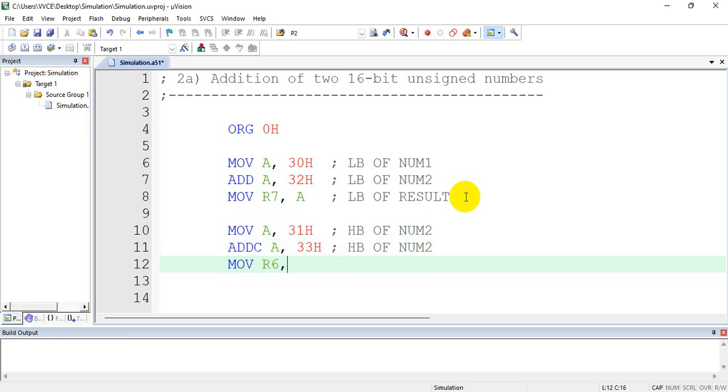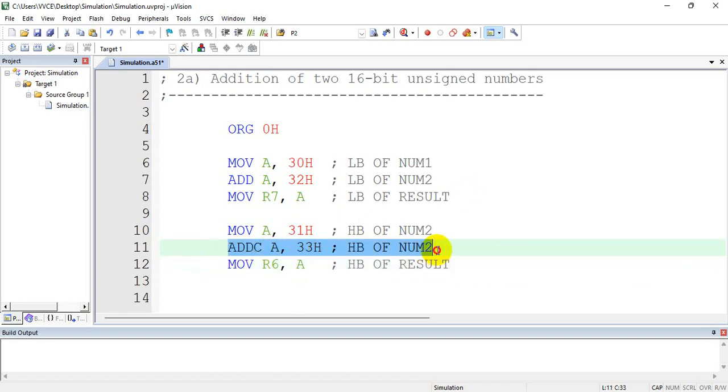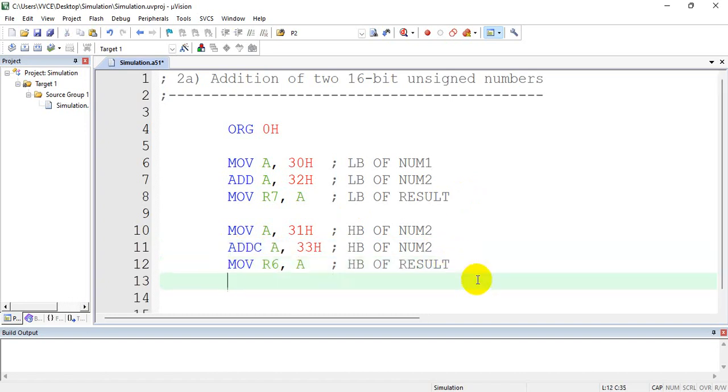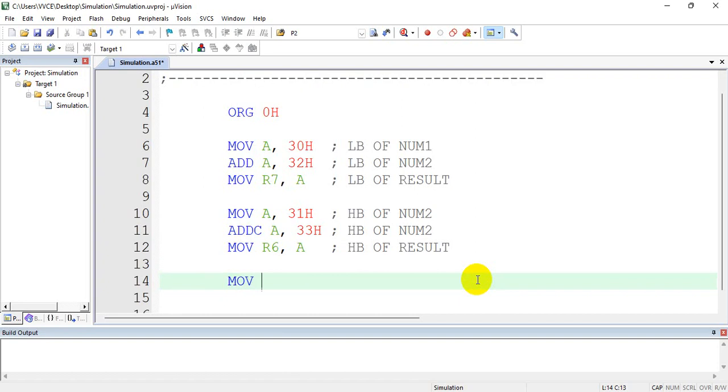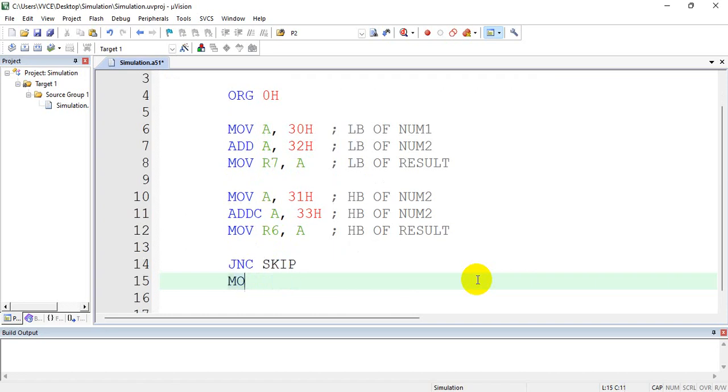This I will store in R6, MOV R6 comma A. So this is the higher byte of the result. This addition might also have created a carry, so for that I will say jump on no carry. If there is no carry, I am not supposed to do anything, just skip it. But if there is a carry, I have to move 1. MOV R5 comma #1. So this is nothing but the carry out,